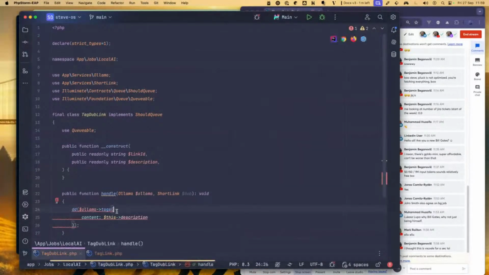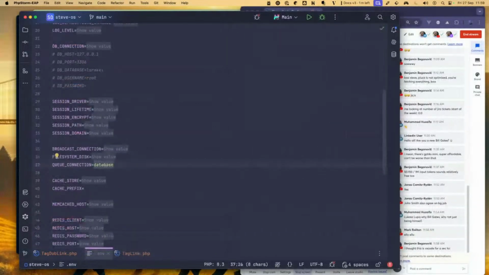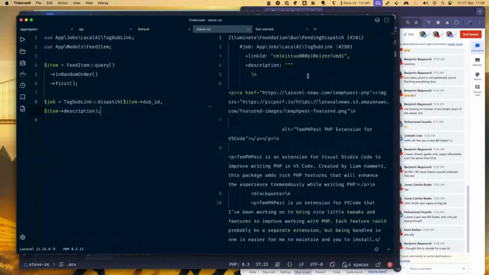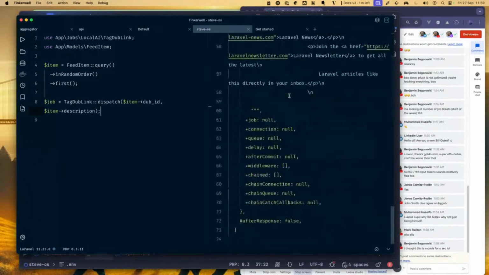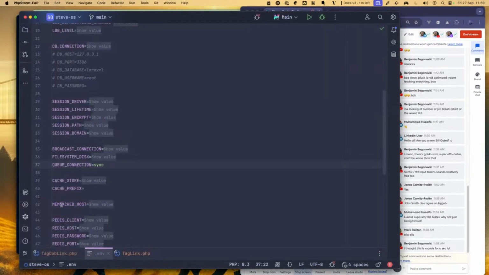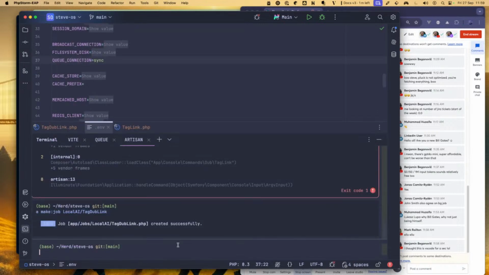let's open up our .env quickly and swap this back to sync in the hopes that we will see it. So yeah, that's now operating and doing stuff. And okay, all of that. Okay, it's just echoing out that job, isn't it? That's not what I wanted to do. Okay, I'll just do it over here. Okay, so